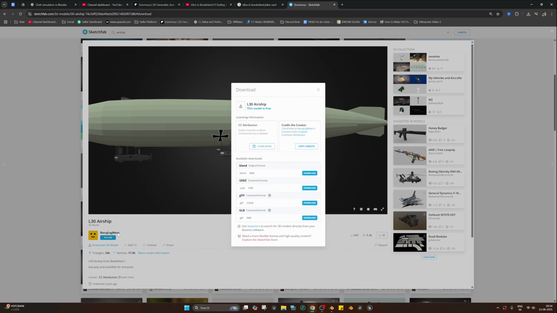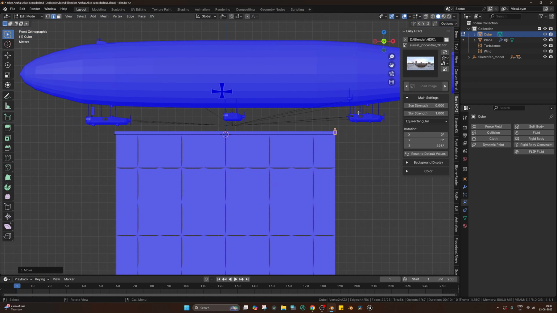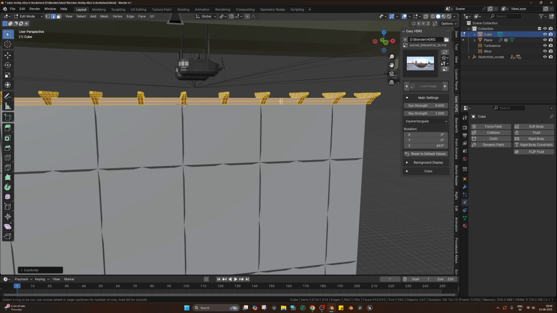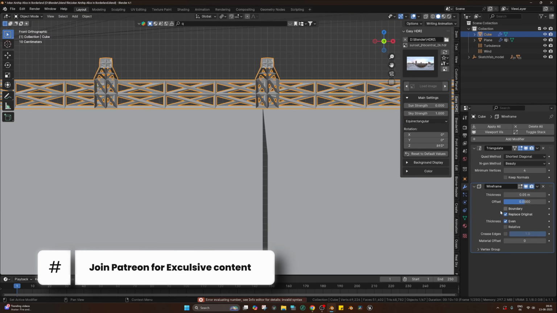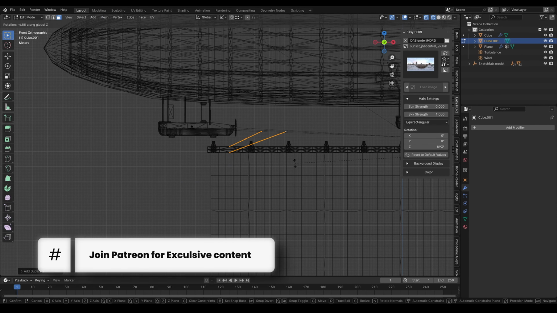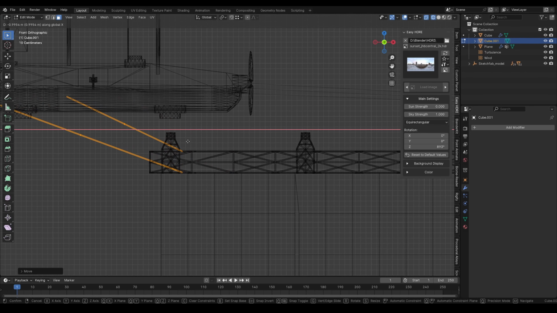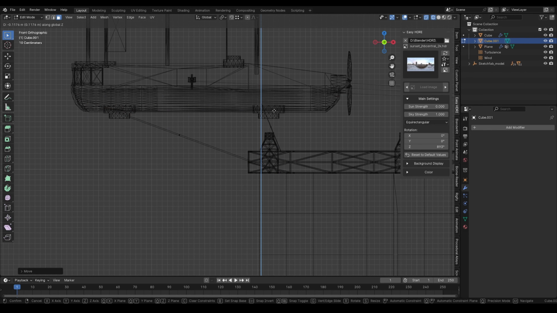which is closer to the scene, and I modeled some geometry as a beam and gave it some loop cuts and subdivided, and then I added a triangulate modifier and a wireframe modifier to make it look like a beam, and used a cube to create the ropes which are attached to the airship so the card flag can